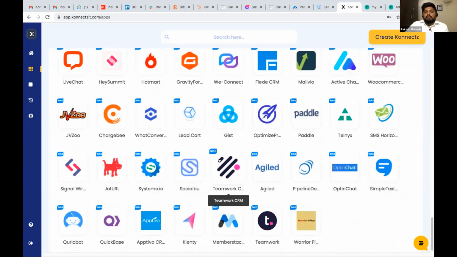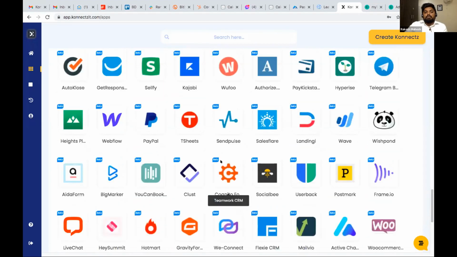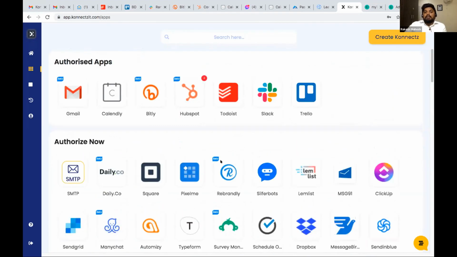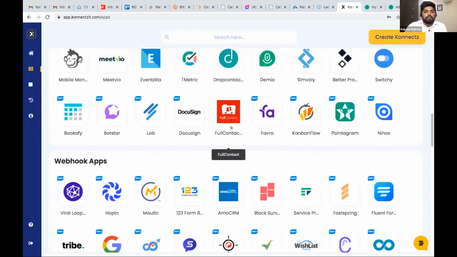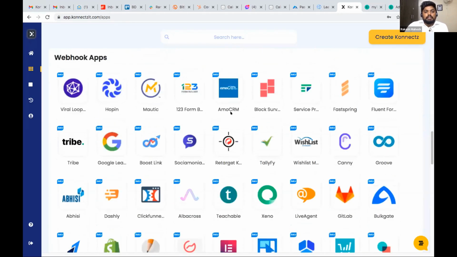Currently this is an authorized app. We are tending to move everything into our authorization app, because that makes people's jobs easier rather than pasting a webhook URL in another app. We are trying to do as deep an integration as possible, so they don't need to do a lot of work when connecting those apps. That's the idea behind it. We are moving all the apps to authorized apps, but for those not yet supported, it might take some time. That's the reason we are giving them as webhook apps as of now.